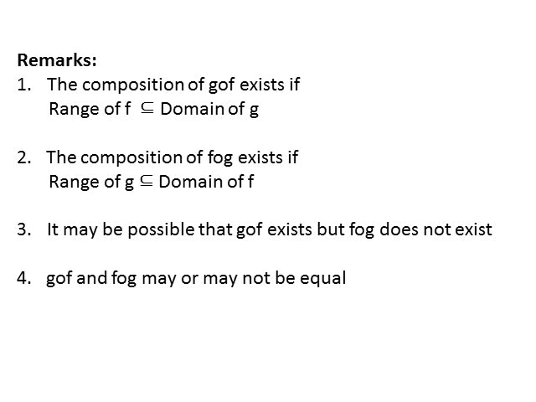Some points to remember about composition of functions. The composition g of f exists if the range of f is a subset of or equal to the domain of g. The composition f of g exists if the range of g is a subset of or equal to the domain of f. In f of g, the first applied function is g and the second one is f. If f and g both are defined, then it may be possible that g of f exists but f of g does not exist. In case both g of f and f of g are defined, then also these two functions may or may not be equal.